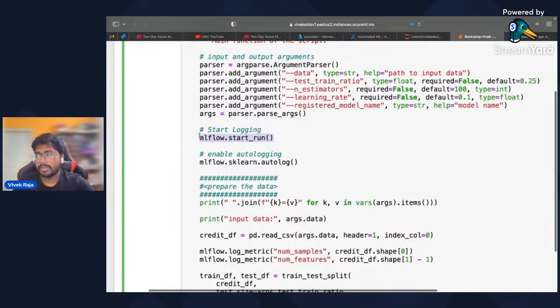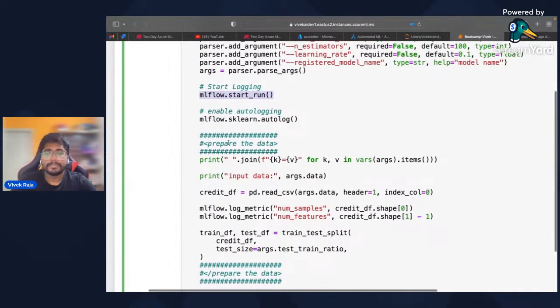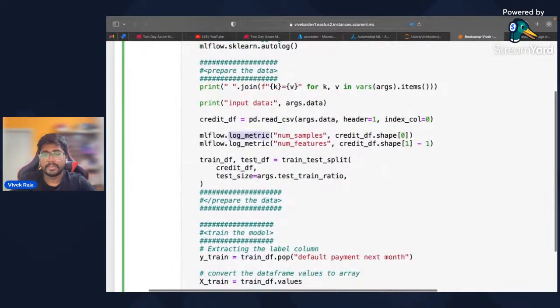If it's not up to the mark, you redo the experiment and you still log the results. So MLflow also supports logging, where it will log whatever details you want to log. When I say log metric and I send a key and value pair, it will log and keep it. So log metric is one way to log the details.